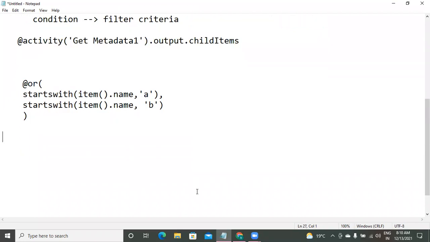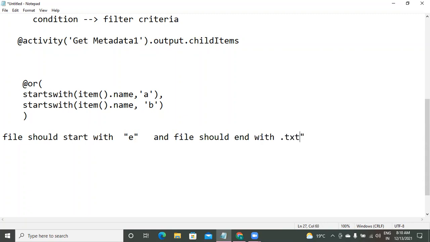Suppose my requirement is like this. The file should start with A, or with E, and the file should end with .txt. Now, what is the operator to match this requirement? The AND operator. So in this case, you have to apply the condition like this: